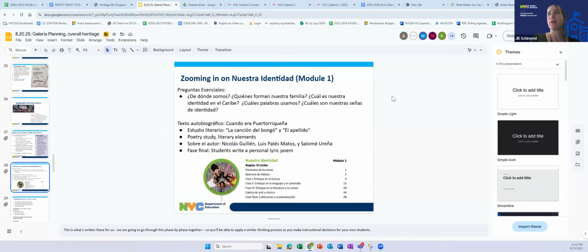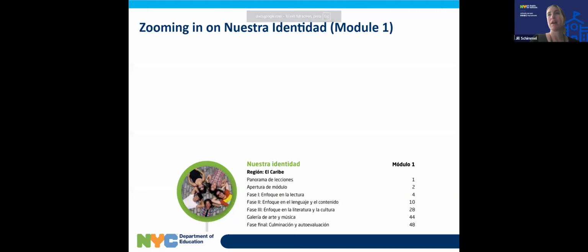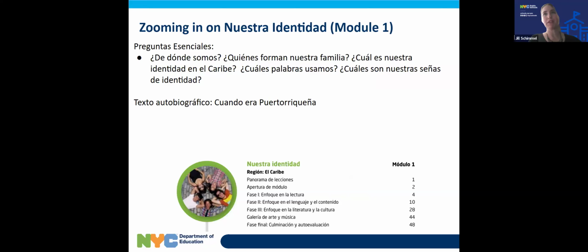So there's always an anchor text, right? And then lots of resources around it. Module 1 specifically, you'll notice with Cuando Era Puertorriqueña, it has some verifica comprehension questions in each section. I think after module 1, they don't do that.